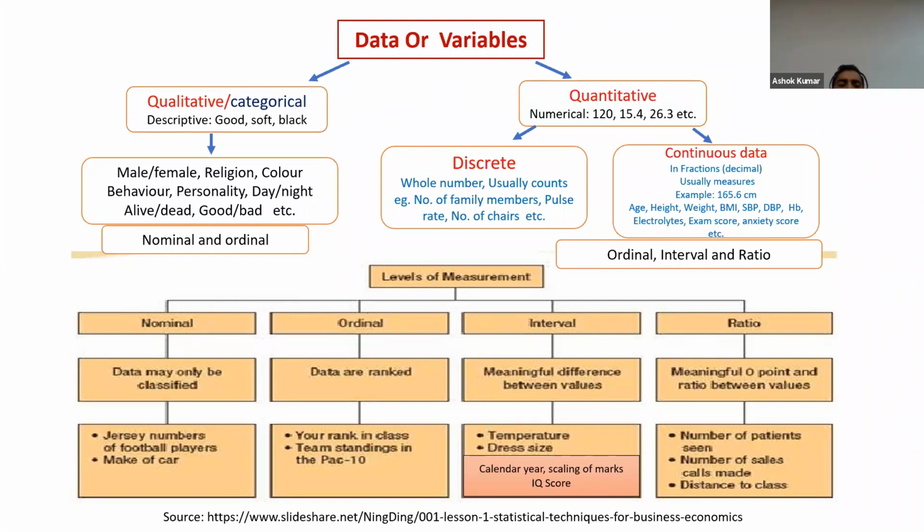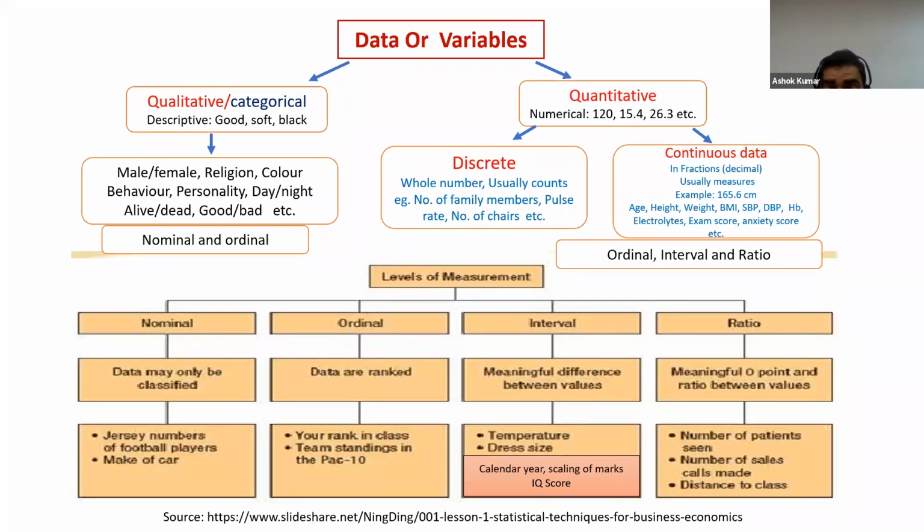When we talk about ordinal, I want to give the example of disease severity. Disease severity is minor, moderate, major, or severe. This type of ordered or ordinal data or variable comes into the qualitative or categorical type of data. But when we talk about the pain scale, which has numbers 0 to 10 from no pain to severe pain, the NRS, numerical rating scale of pain, there are numbers.